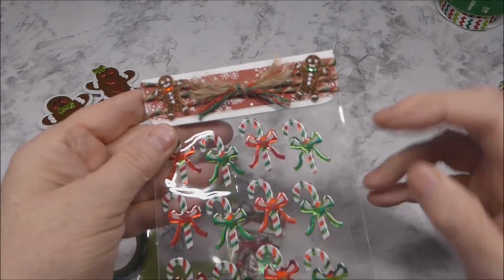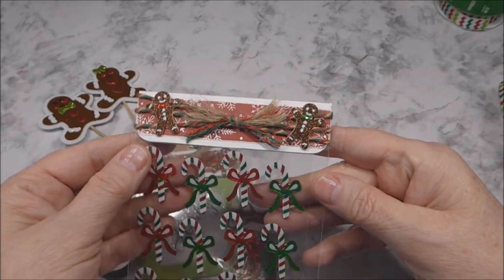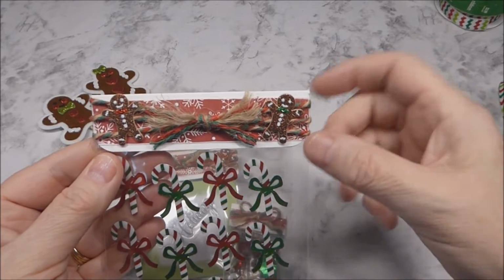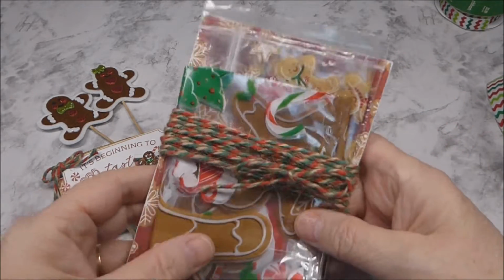And then I'll be sticking in one of the new packs of stickers that I picked up at Michael's. There was just enough of the little gingerbread guys to do the same thing here on the bag topper. Little twine bow there. Then I decided to gather up some of the little plastic bags that I had in